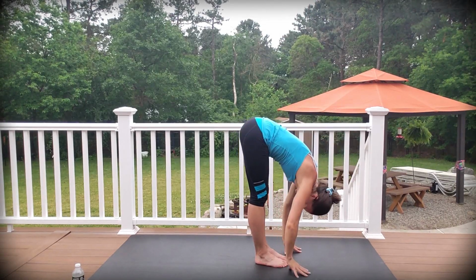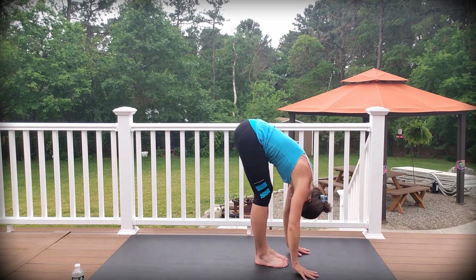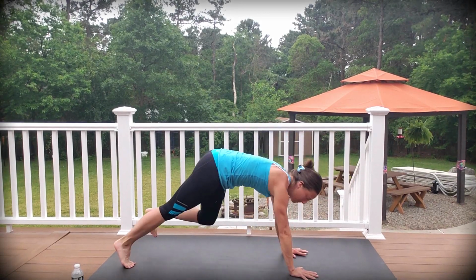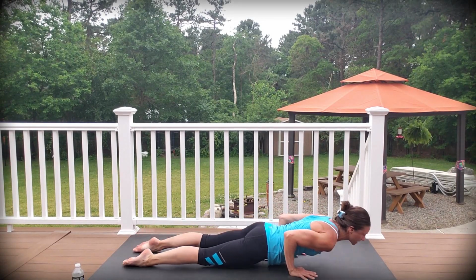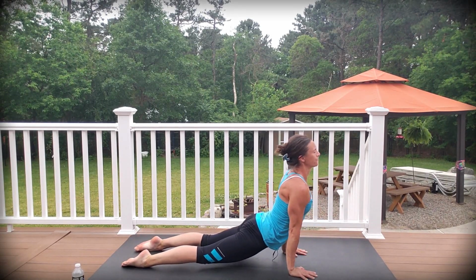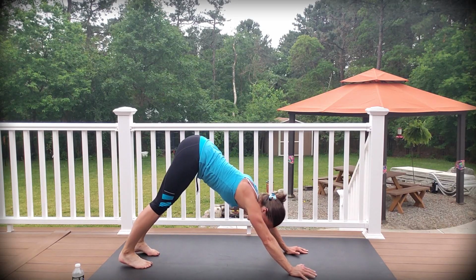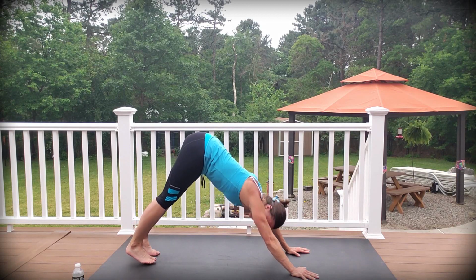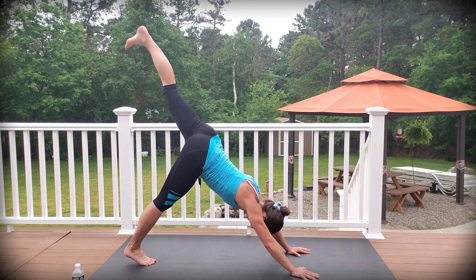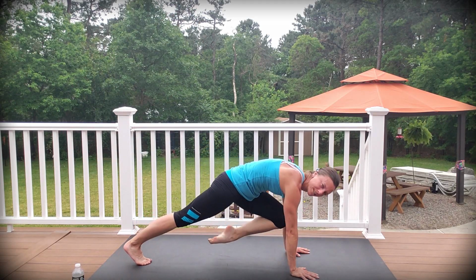Bring it down. Inhale to that flat back. Exhale. Release. Inhale. Step it back. Rock it forward. Chaturanga or knees, chin, chest. Upward facing dog. Exhale. Bring it into downward facing dog. Lift those hips super high. All right, pick up that right leg as high as you can and bring it between, holding it here for